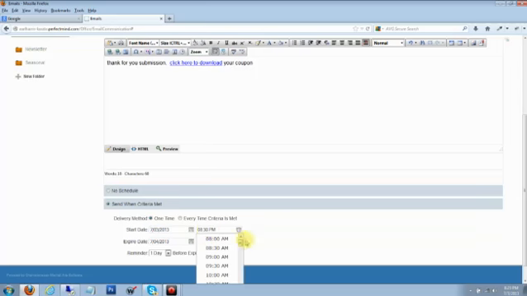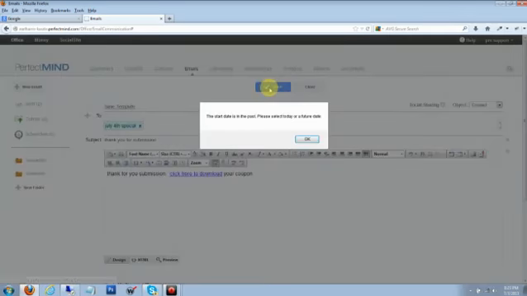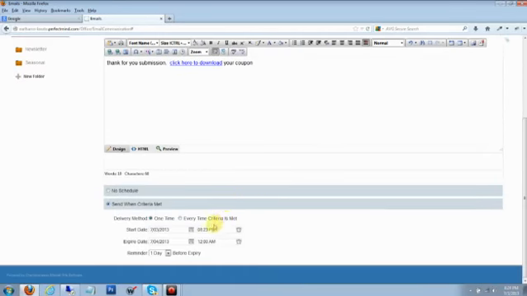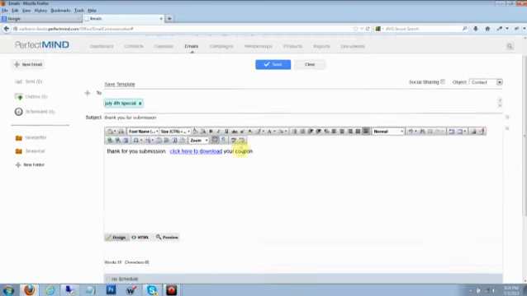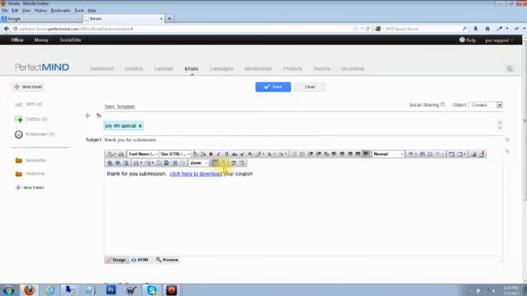Today, let's make it for 8:20. Actually, let's make it for right now, 8:23. So I've got my scheduled delivery section done, so I'm going to go ahead and hit my send button. As you can see, it won't let me because I am probably a minute late already. So let's change that to 24, and now go ahead and save it. Start date is in the past, so